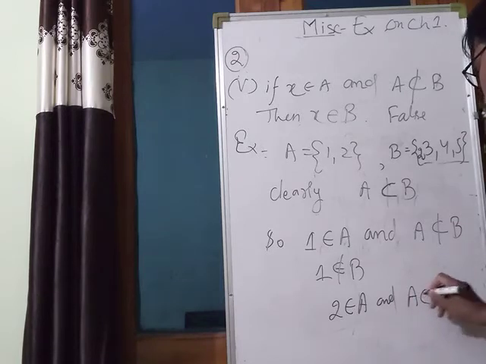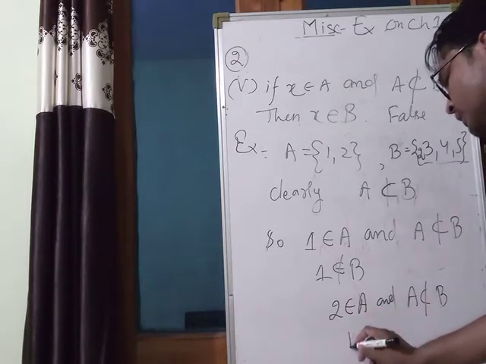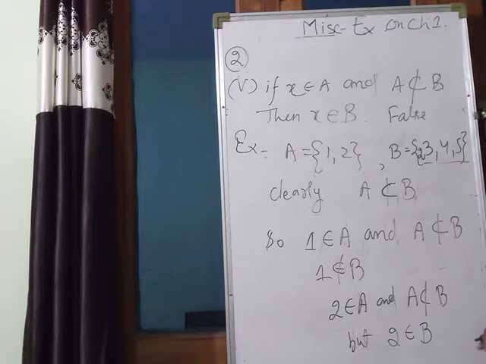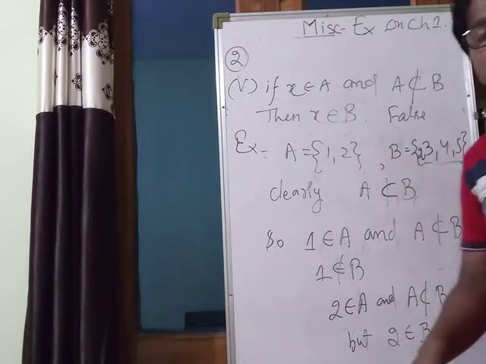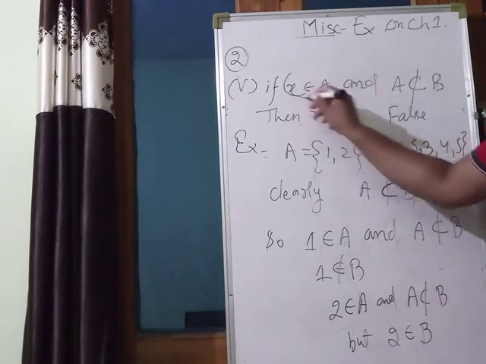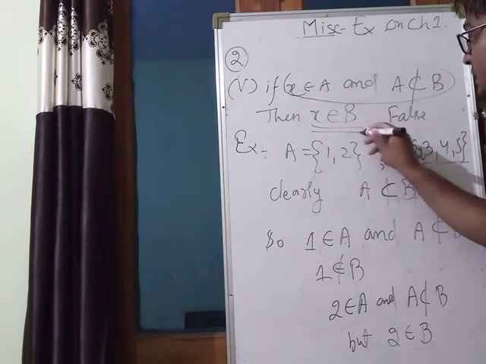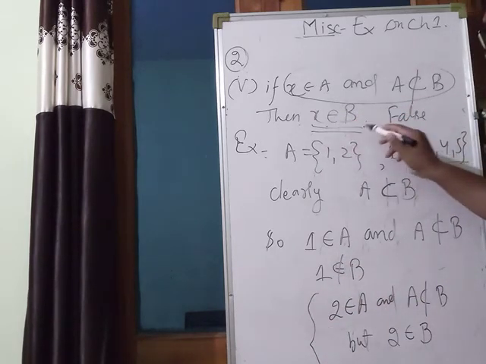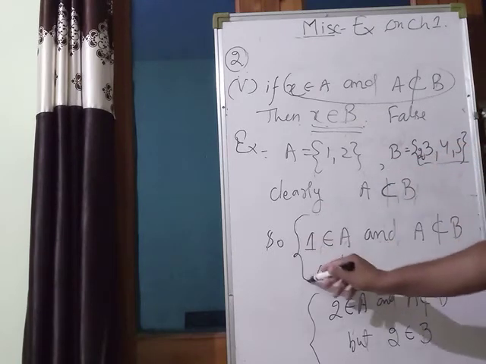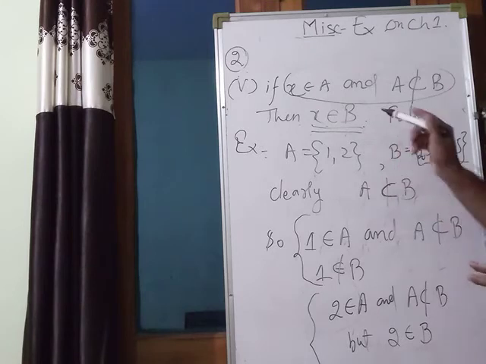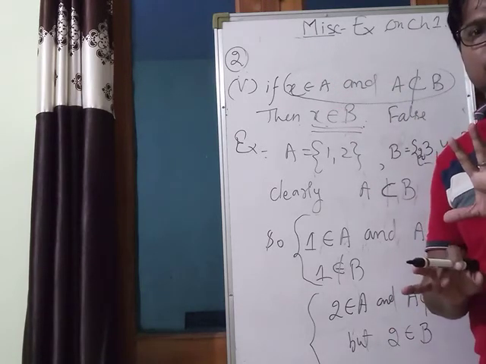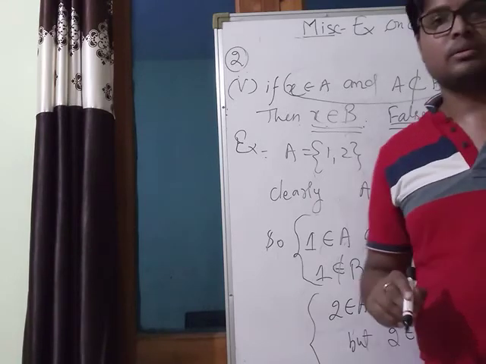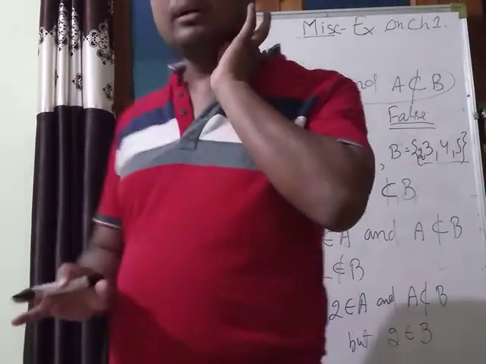Okay? 1 and here you can see 2 belongs to A and set A is not subset of B but 2 बिलोंग्स टू बी, ये है। तो दोनों कंडीशन हो सकते हैं लेकिन नेसेसरी नहीं है। ये कंडीशन फॉलो करें तो ये कंडीशन हो भी सकता है, जैसे इस केस में, और ये कंडीशन नहीं भी हो सकता है, जैसे इससे पहले मैंने एक जो एग्जांपल दिया था ये वाला। तो ये जो कंडीशन बोल रहा है वो नेसेसरी नहीं है। ओके, दैट्स व्हाई दिस स्टेटमेंट इज अ फॉल्स स्टेटमेंट।